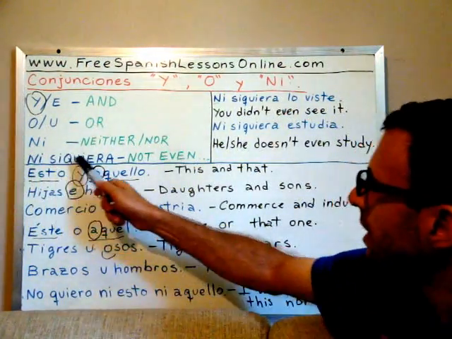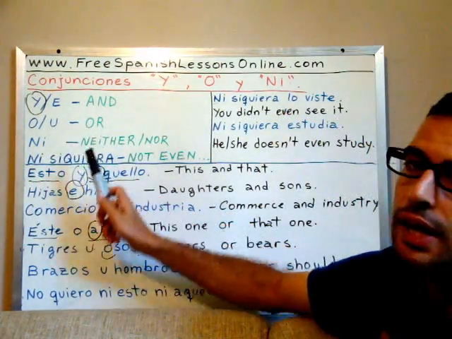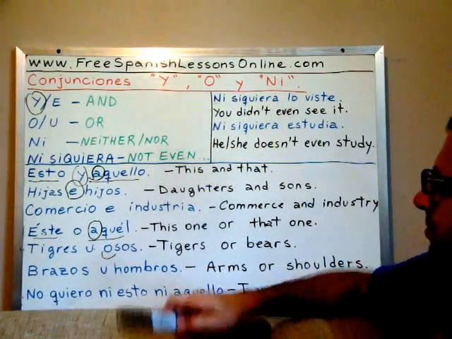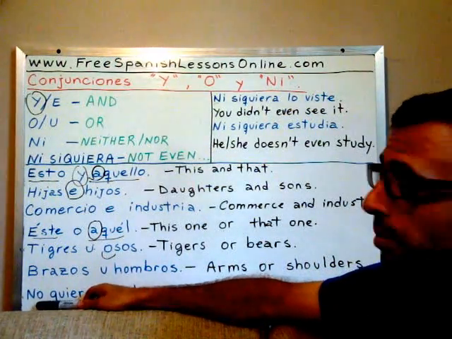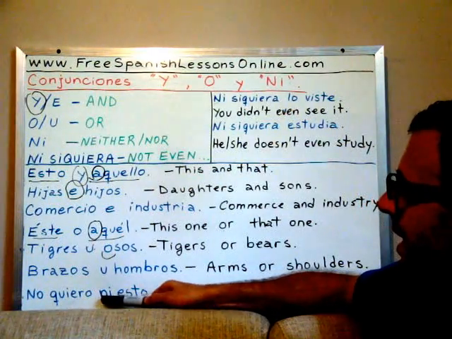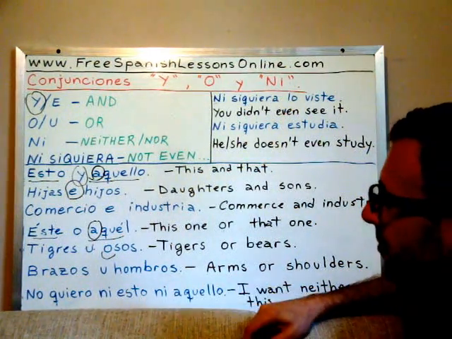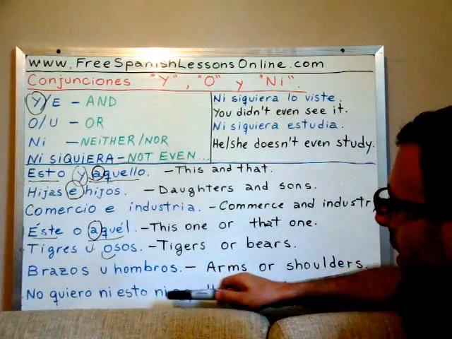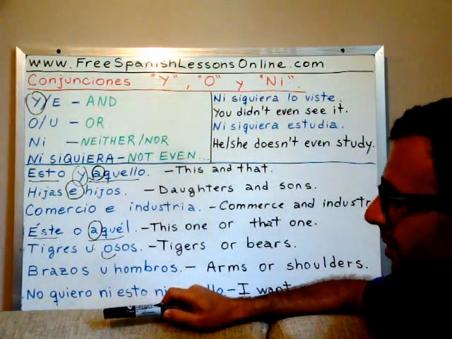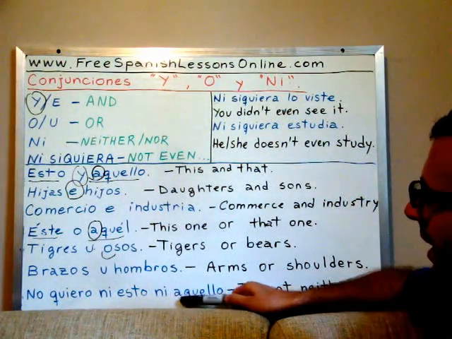Now for ni siquiera, first, ni. Ni means neither, and ni also means nor. So this is a typical example. We say, no quiero ni esto ni aquello. Remember esto and aquello means this and that. So, no quiero ni esto ni aquello means